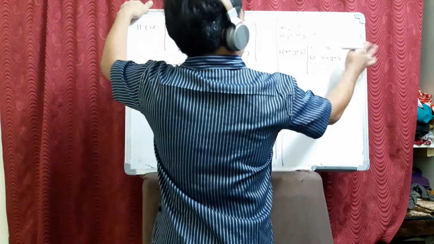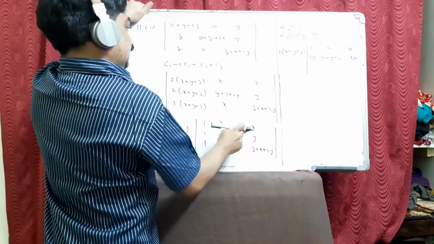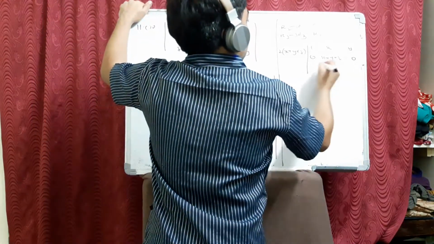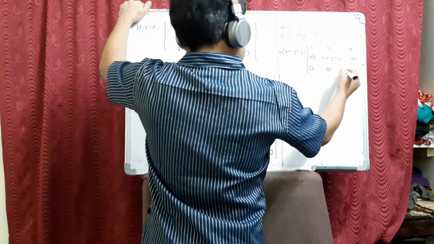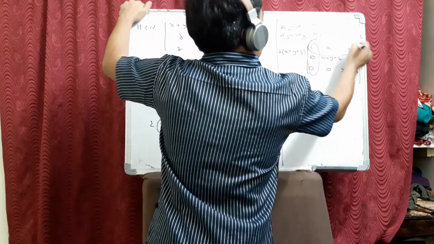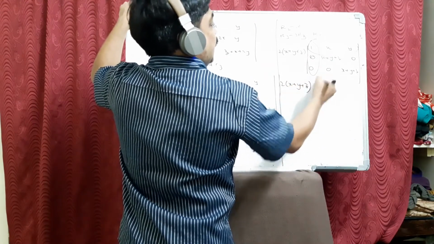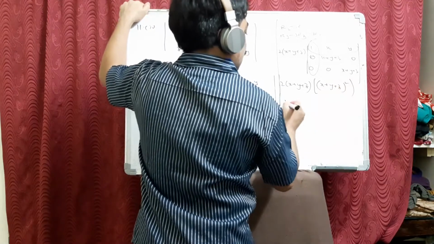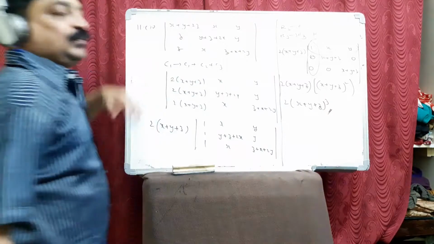I think this is y now. Then it becomes 0. This is y only. I just wrote wrong. Y. Sorry. Now, next one is 0, 0, and this also becomes x plus y plus z. Now you can apply the property. 2 into x plus y plus z, inside the determinant, it becomes x plus y plus z whole square. So the whole answer becomes 2 into x plus y plus z whole cube. Okay.